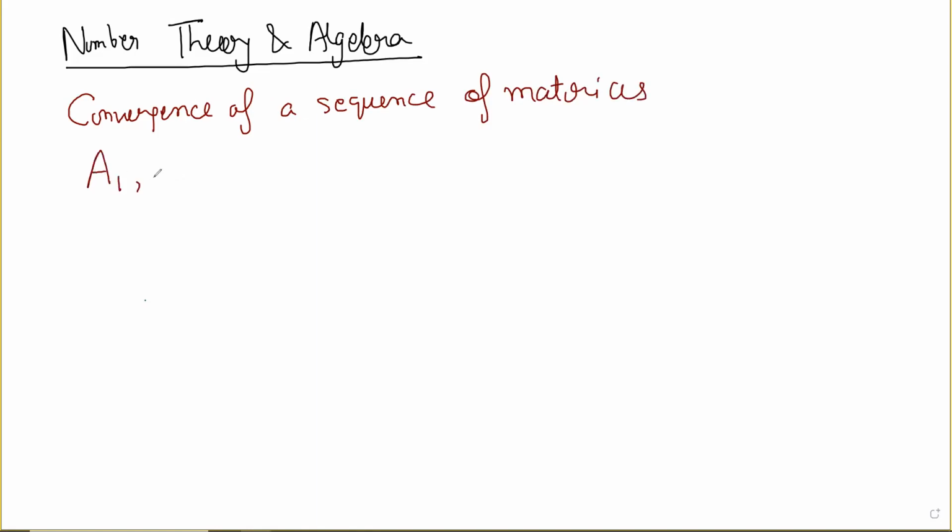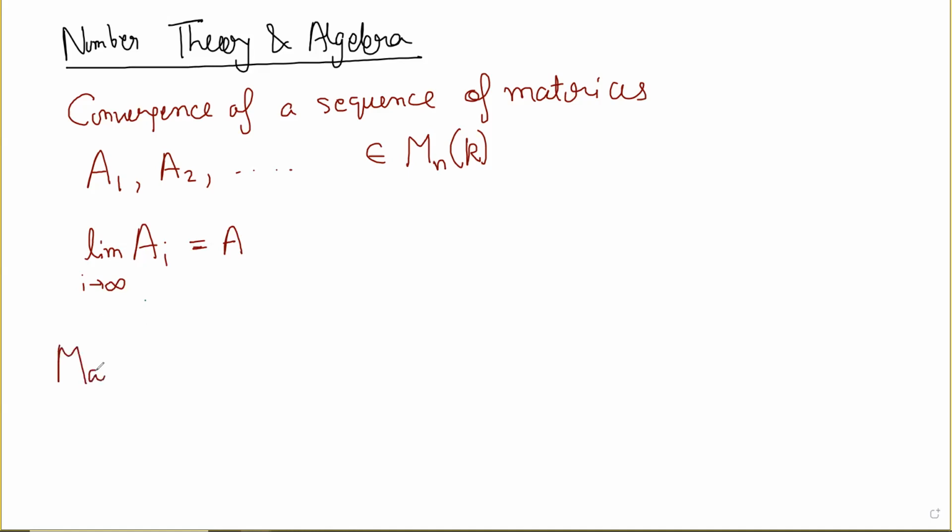So if you have a sequence of matrices A1, A2, dot dot dot, and they are all in some M and K. Yeah. So then, okay, matrix norm. So you're defining the matrix norm. So this is defined for a matrix. Okay. So